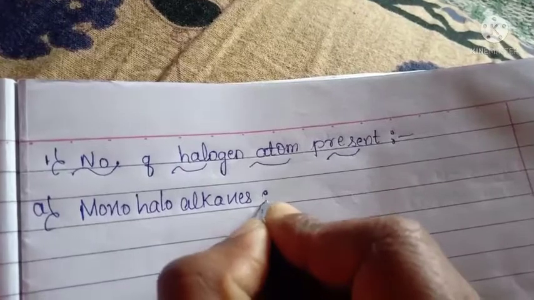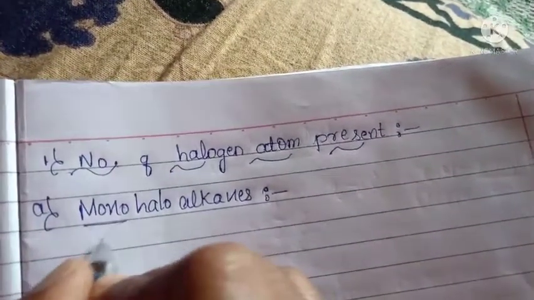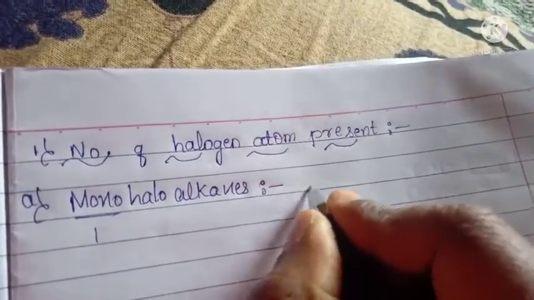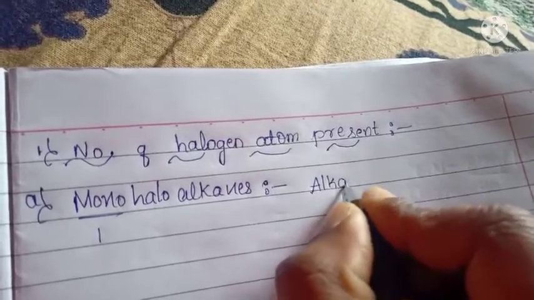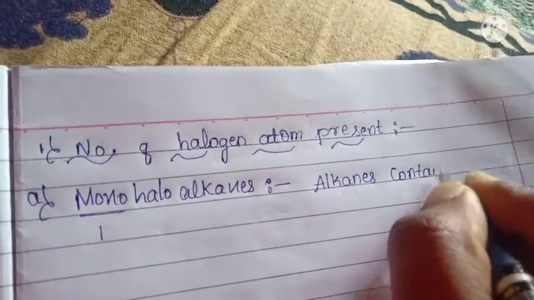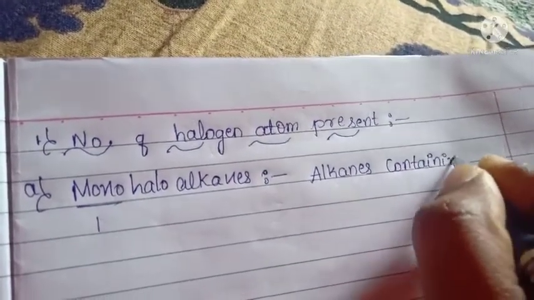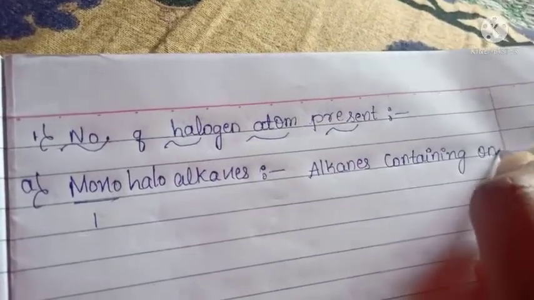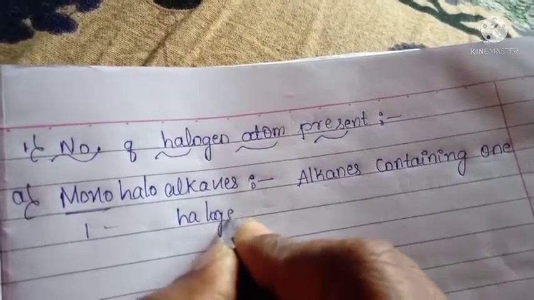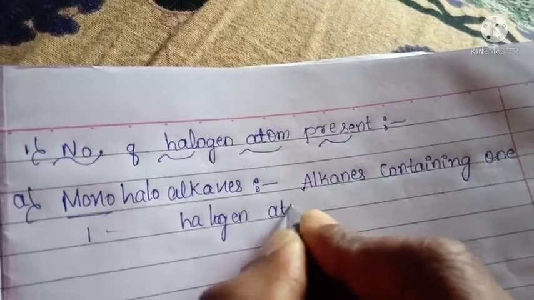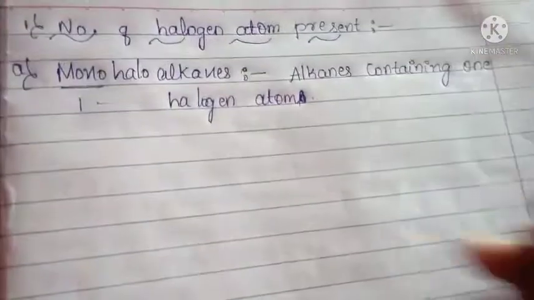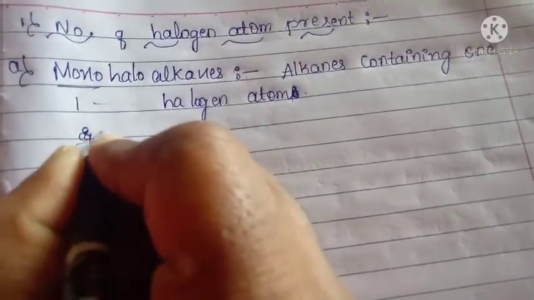Monohaloalkanes, it means mono means one halogen atom should be attached to the alkane. Alkanes containing only one halogen atom, that is called monohaloalkanes. For example,